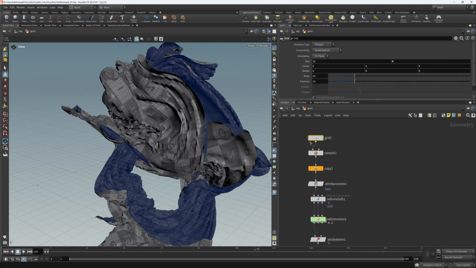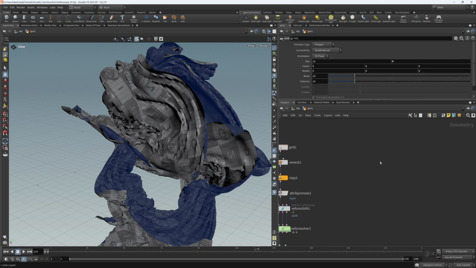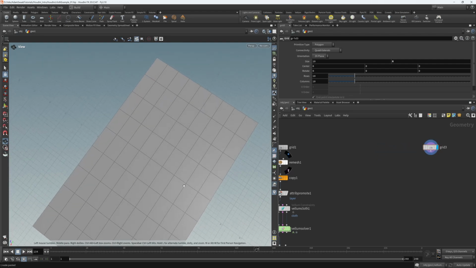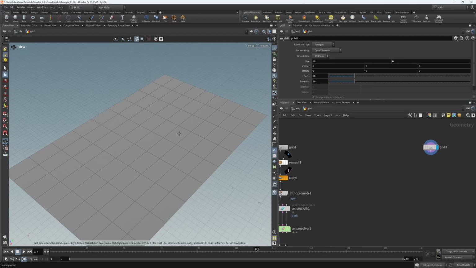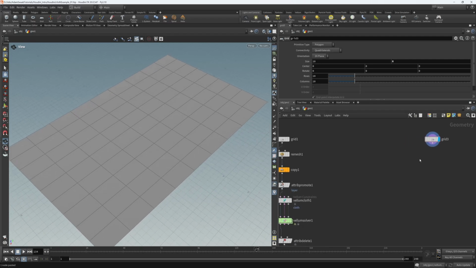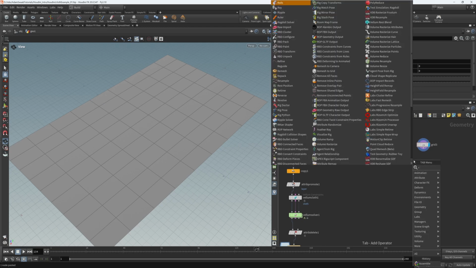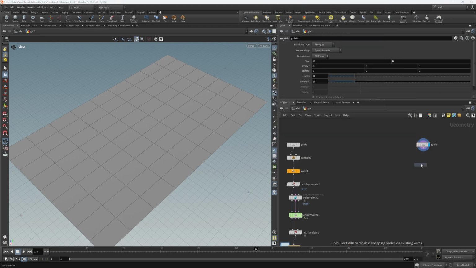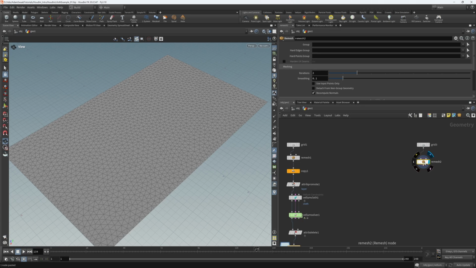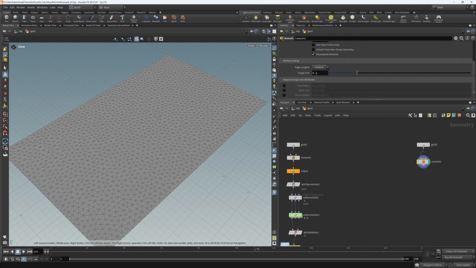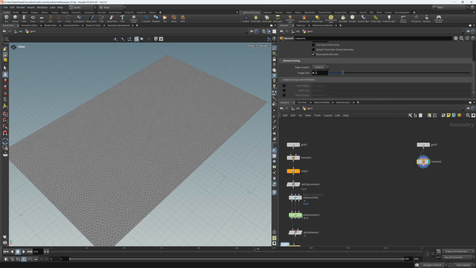I'm going to just copy this grid here just so that we're starting with the same thing. So we're starting with just a fairly simple grid here. And what we want to do is prepare this for simulating. So I am going to be using a remesh SOP here. And a remesh SOP is a triangulation SOP. It basically lets you dial up and down some parameters, here basically the target size, to control how subdivided this